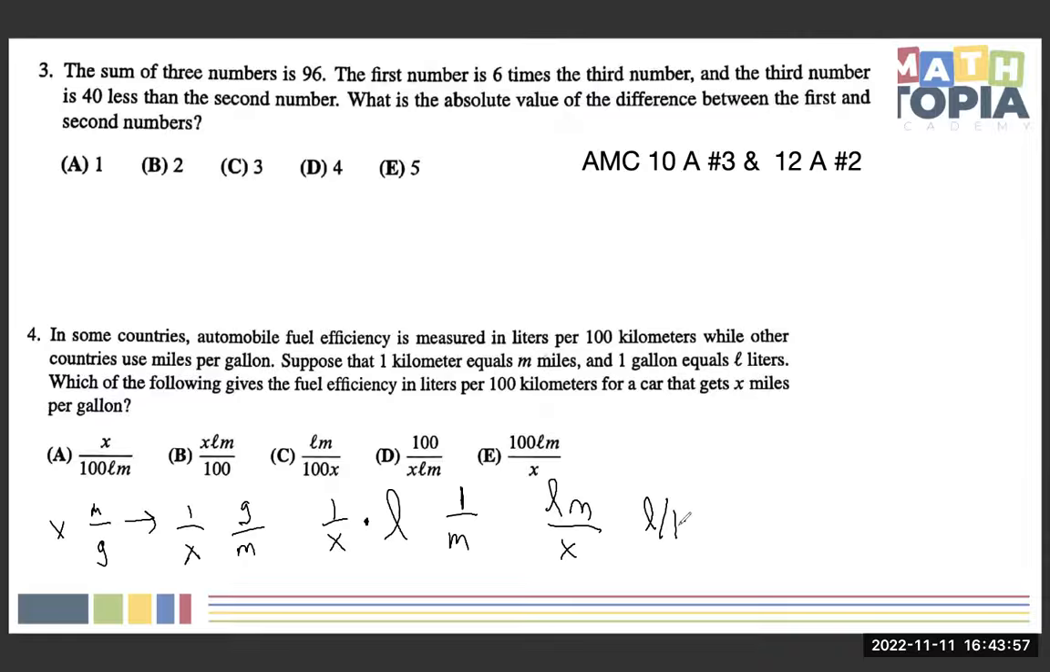liters per kilometers now. I forgot to write this in as kilometers, my bad, but this is, oh, no, never mind, wait. This is liters per that, and now we get that this is liters per kilometers. So yeah, basically this is a very confusing rates problem, but we get lm over x, and now the final